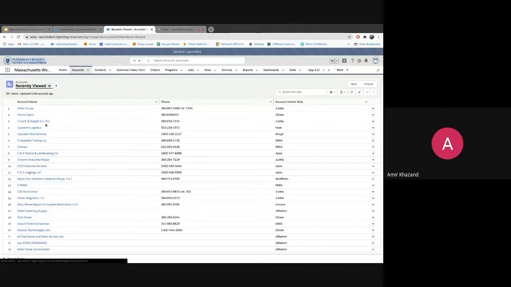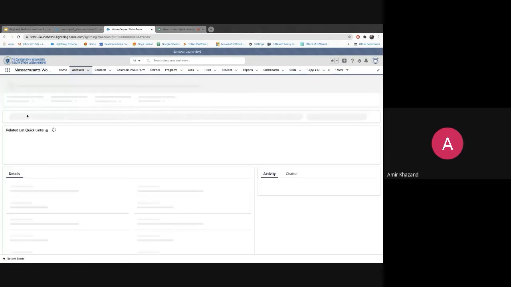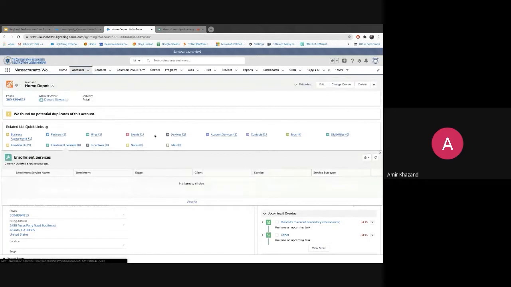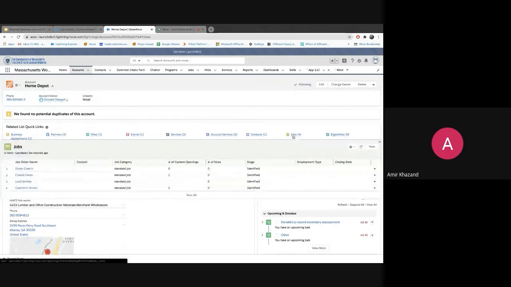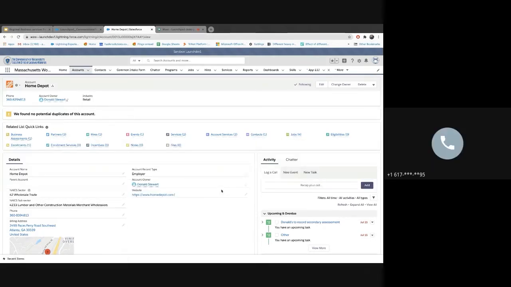So if I click on this, you can see a list of all businesses. And some of them, so if I go to Home Depot, for example, you'll see they have certain jobs that they offer open for hiring, right? And usually they'll have current number of openings, current number of hires. So for example, they have 2 jobs that are open right now. And we have a report of this as well. But once a person gets hired. Home Depot,